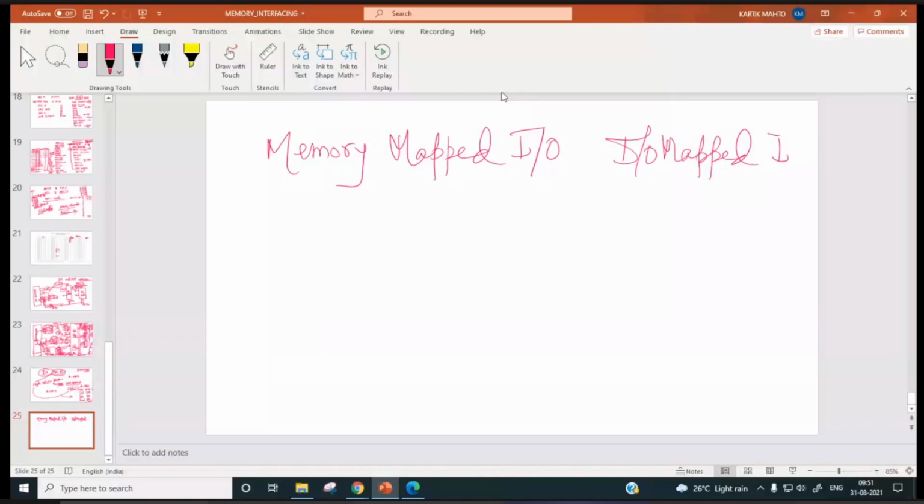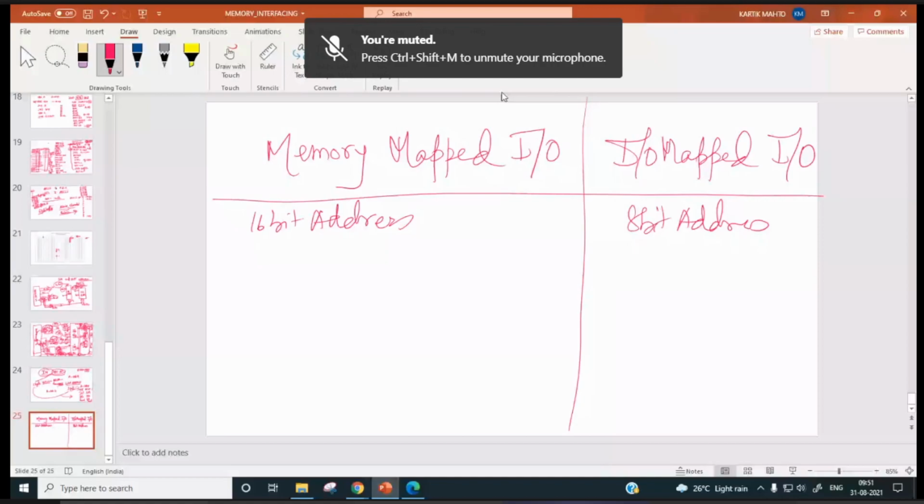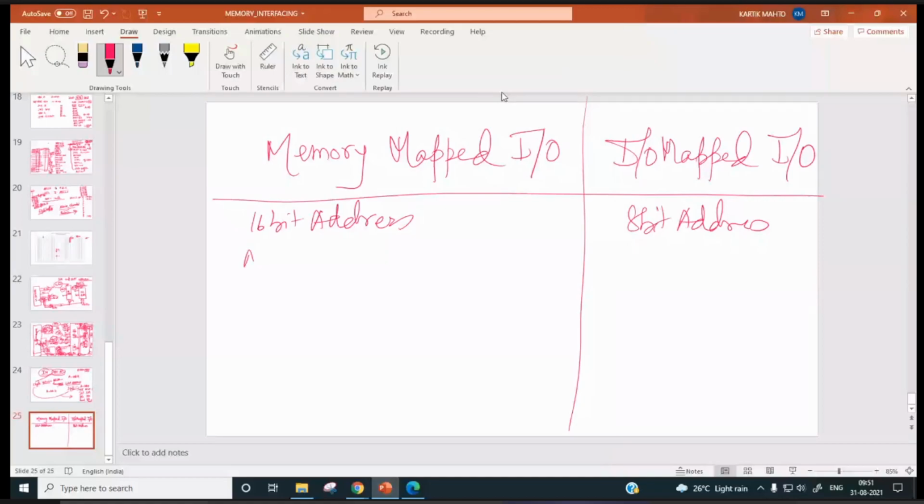So in this case, 16-bit address, in the other, 8-bit address. Right. A8 to A15 will be having the higher order address byte.